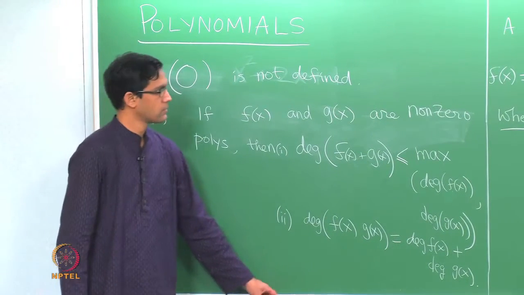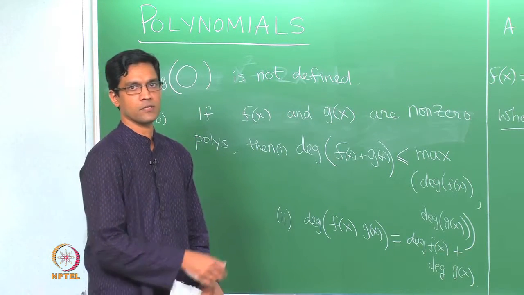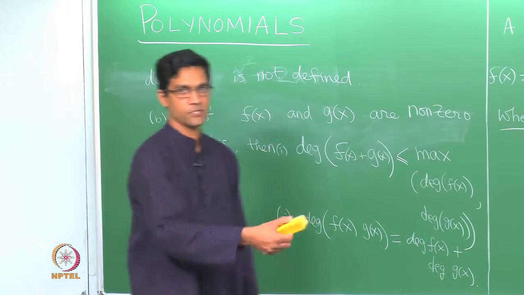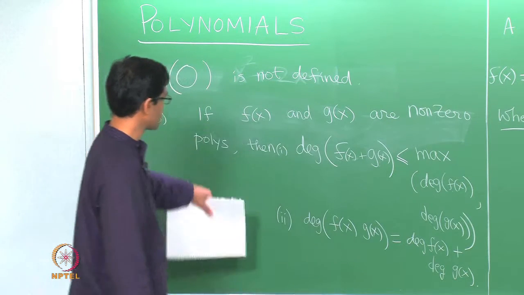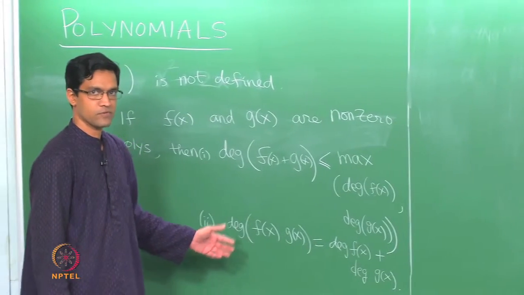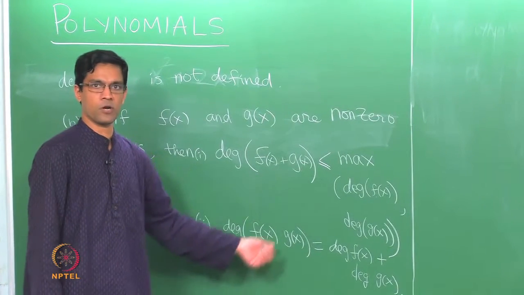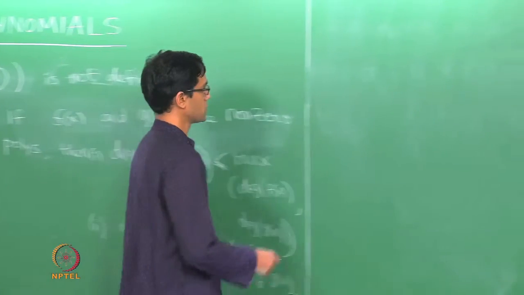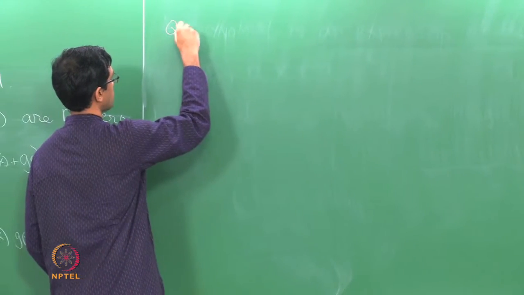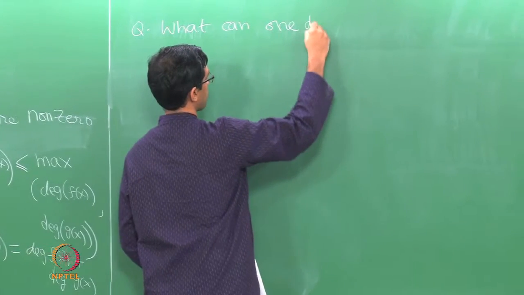What have we done so far? We just defined what a polynomial is, an expression of that form. We have said what the coefficients mean, the numbers in front. We have said what the degree means, the highest power of x which appears, and we have written down some simple properties of the degree. Observe that while we did this, I silently slipped in two operations: the sum of two polynomials and the product of two polynomials. These are the natural operations on polynomials. So here is the question: what can one do with polynomials?